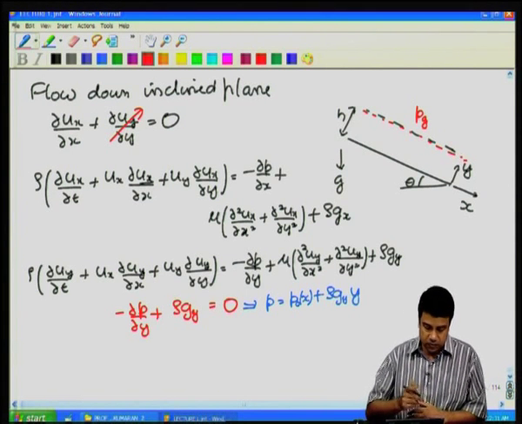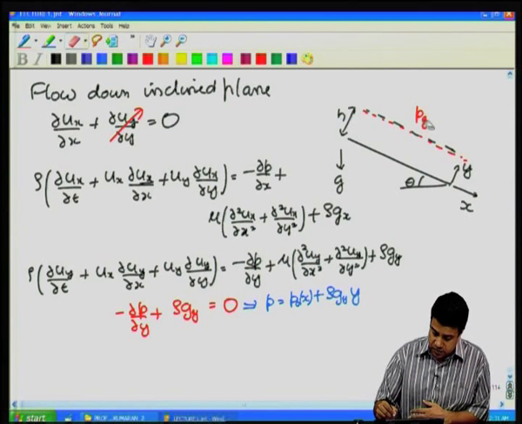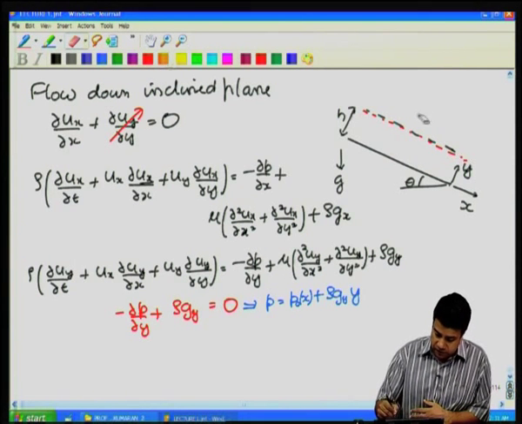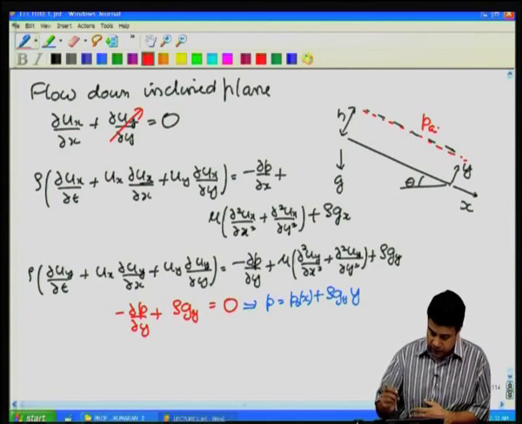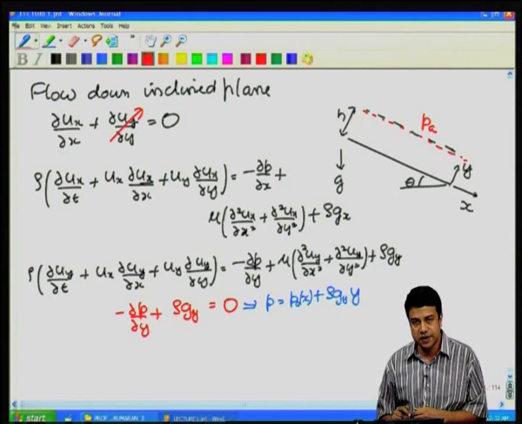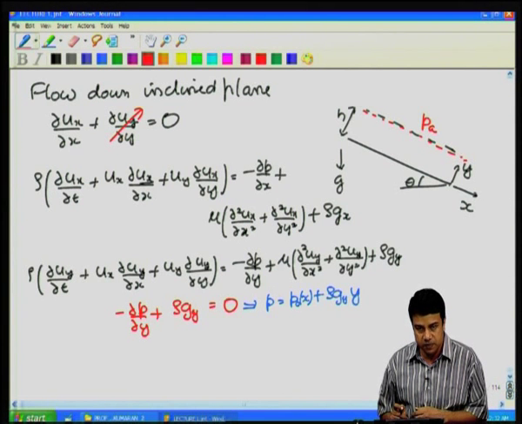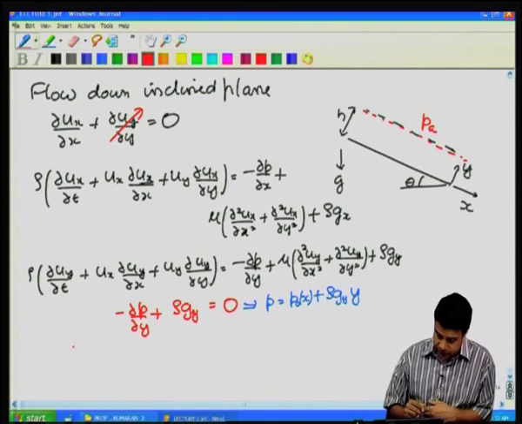So, the pressure at that top surface has to be equal to atmospheric pressure itself. That means that at y is equal to h, P is equal to P atmosphere. So, this constant can be determined from the boundary condition,